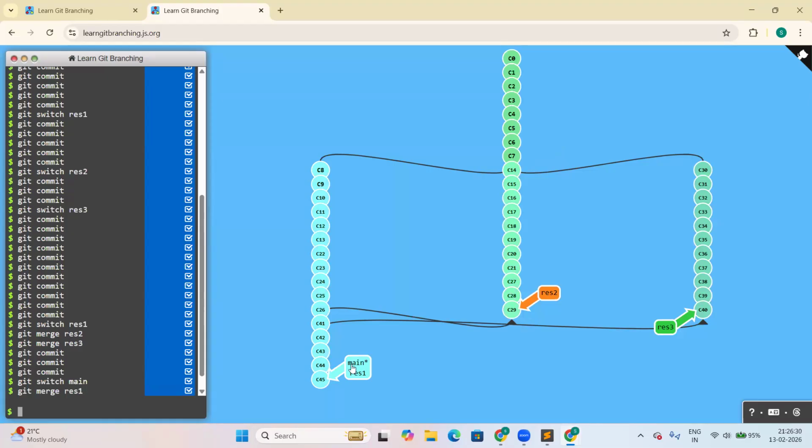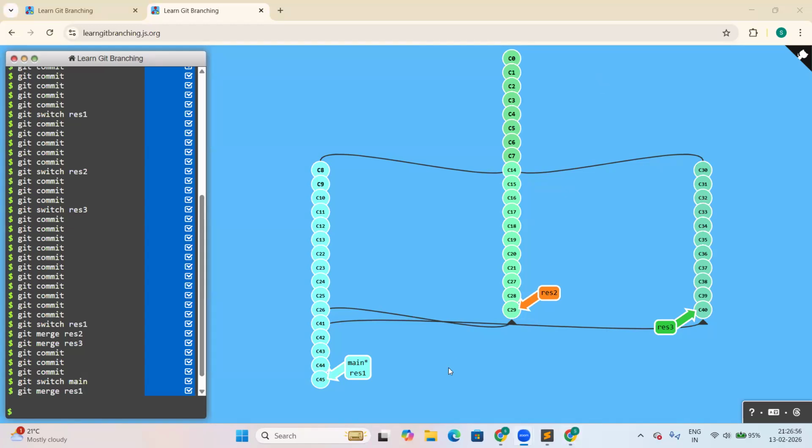Clear? Now the master is having the code of all the three branches under this main branch. Is this example clear, everybody? If anyone is confused, C1, C2, C3 are simply commit IDs. Now, if this example and diagram is clear for everybody, then I will do it in a